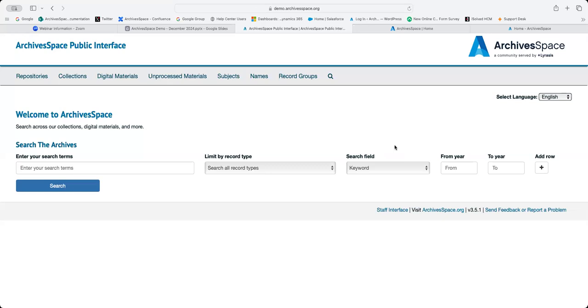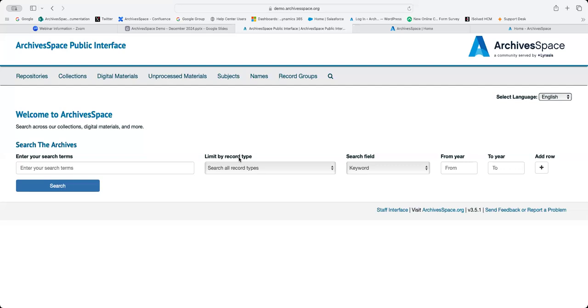This is what the default homepage of the public user interface looks like without any customizations. Obviously, you don't want it to look like this. You can customize the public user interface in a variety of ways. You can change the logo. Obviously, you're going to want to include your own logo. You can change the colors, the theming. You can get really granular about your customizations. And again, there are also plugins for the PUI that people use to make it more customized.